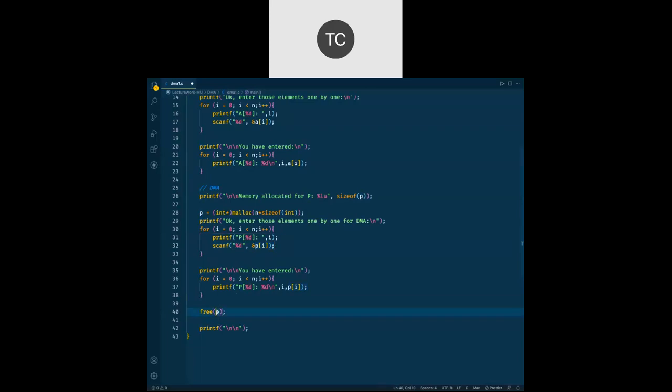I want to use the same pointer variable p at the time of making our memory free. If in between you did p plus plus, then before freeing you would have to do p minus minus. That was one reason that here I have not done p plus plus and star p. I have gone for p of I and it will work.